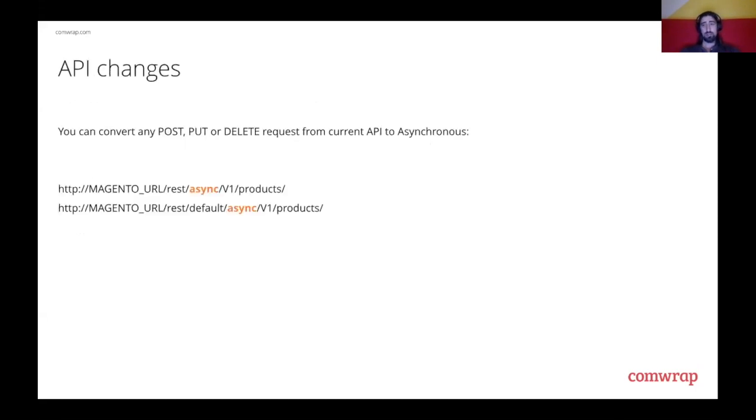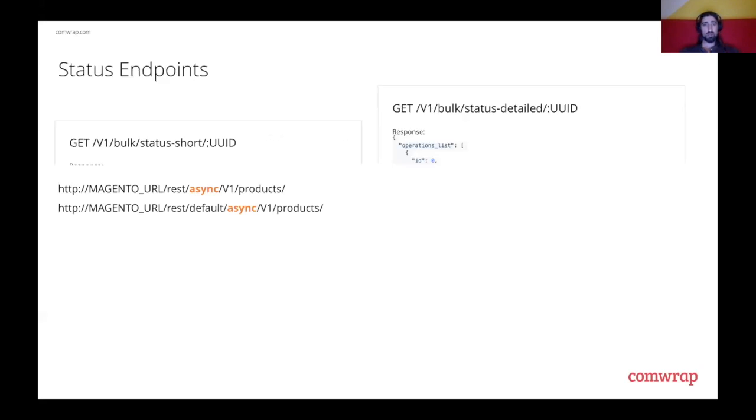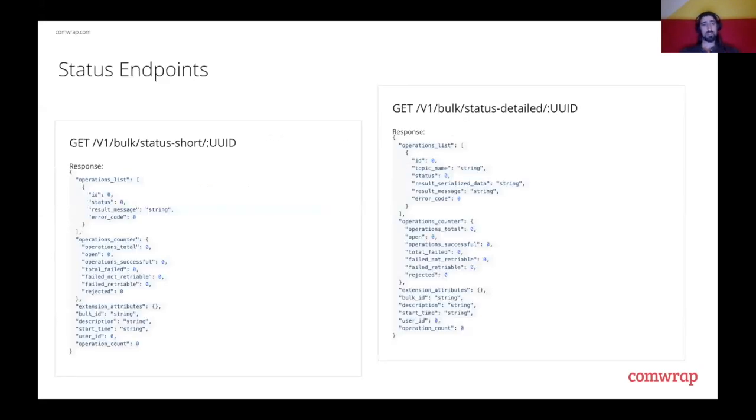So yeah, during our development, I'll make a short overview, then I'll make some demos. We extended Magento in such a way that you can take any POST, PUT, or DELETE request and add async in the middle, like an async prefix, and those requests will be processed asynchronously through Magento. It will go through RabbitMQ, and RabbitMQ will execute them one by one, reading from a queue that I created. And in addition to that, we implemented 2 status endpoints where you can get the statuses